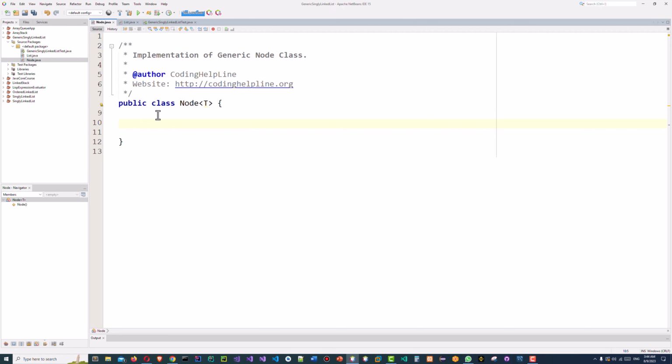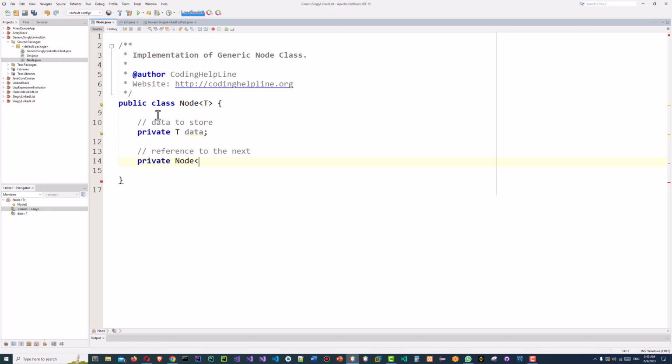So we need a data type, data to store, private T data. And understand this. This T is an arbitrary data and template data. You can say, if you are in C++ programming, C++ used to call this template programming. Java used to call it generic programming. And this T will be replaced with the parameter passed at the time of invocation of this class. And reference to the next,